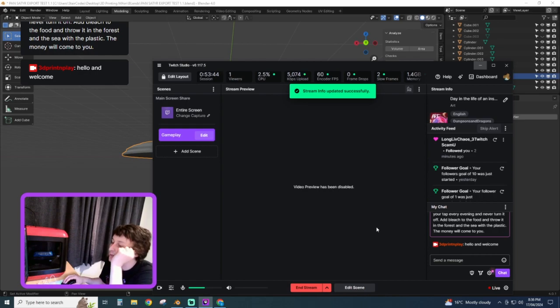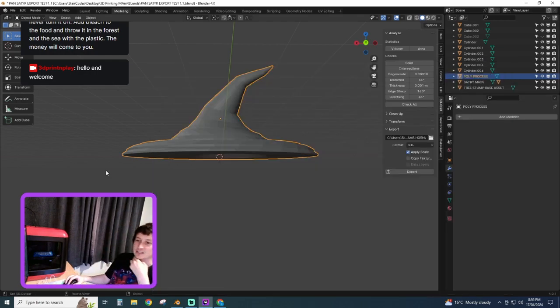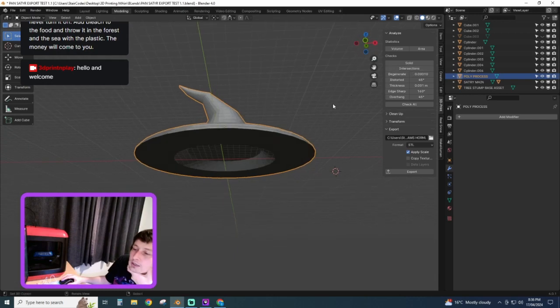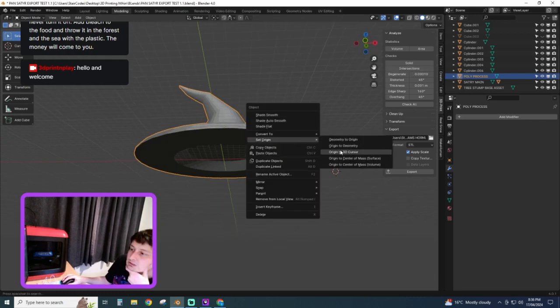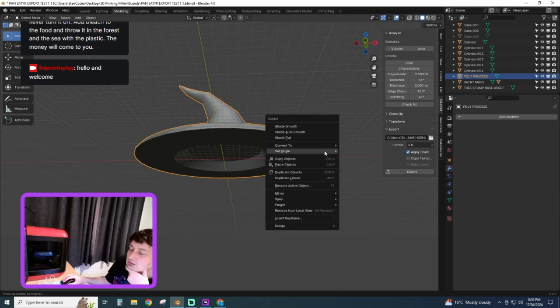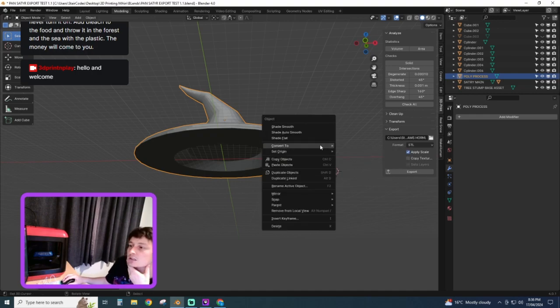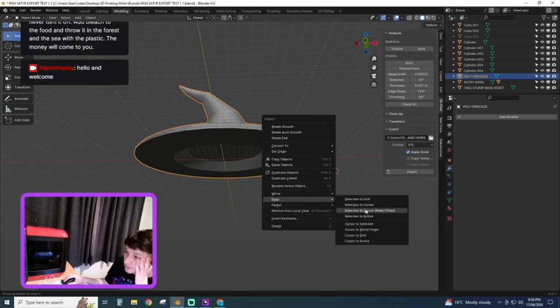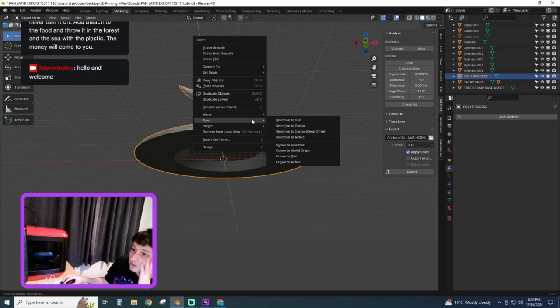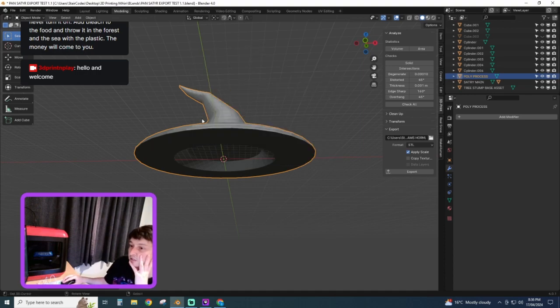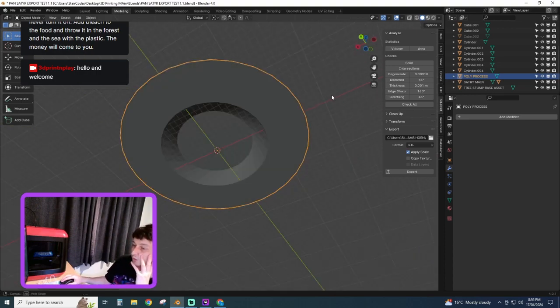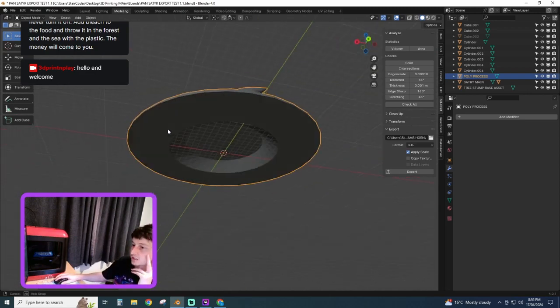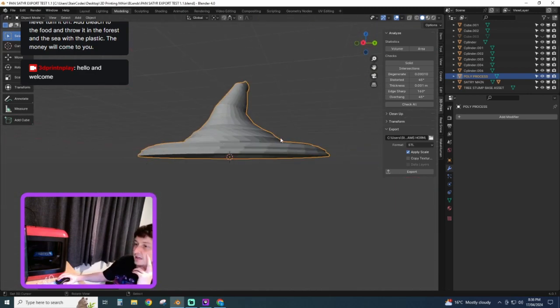I'm going to get into the DM prep soon because I want to make sure I'm still engaging with that side as well. But for the moment, we're going to set origin to 3D, set origin to geometry. I'm going to snap the cursor to world origin, and then I can set origin to 3D cursor, and then I know I've set the origin to the world origin, which is exactly where I want it. And like I said, we're going to poly.